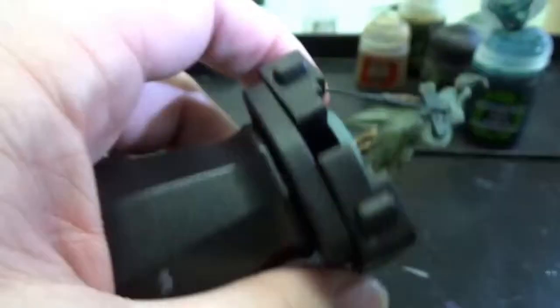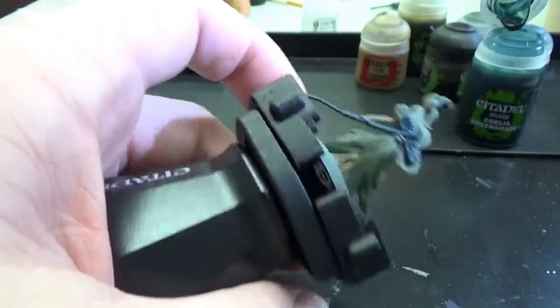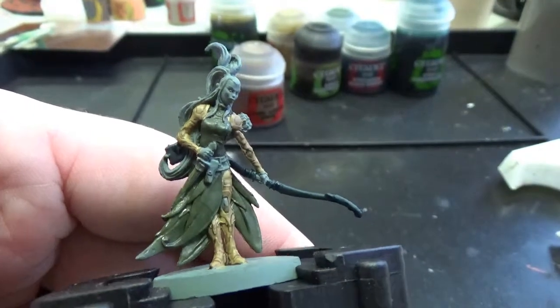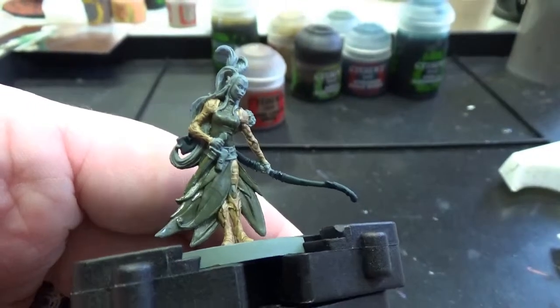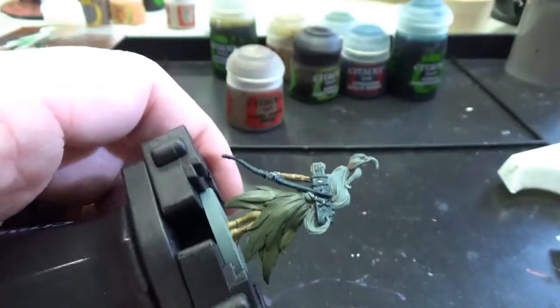So we got all of this, this and this. So I'm just going to tidy that up and I'll show you what that looks like in a second. I'll be right back. Alright, with that we've got one more of our main base colors and inks done. So now it's time to move on to the next big feature of this model,